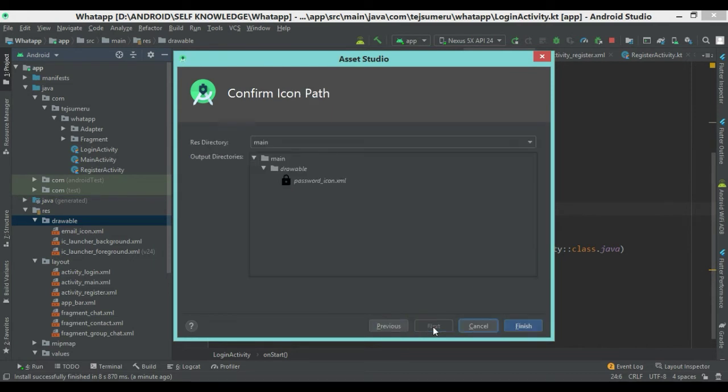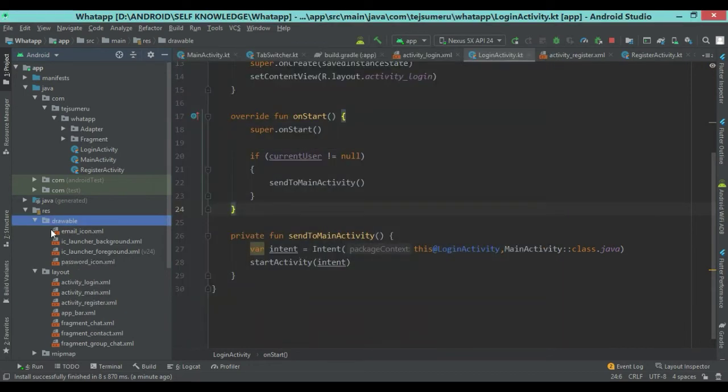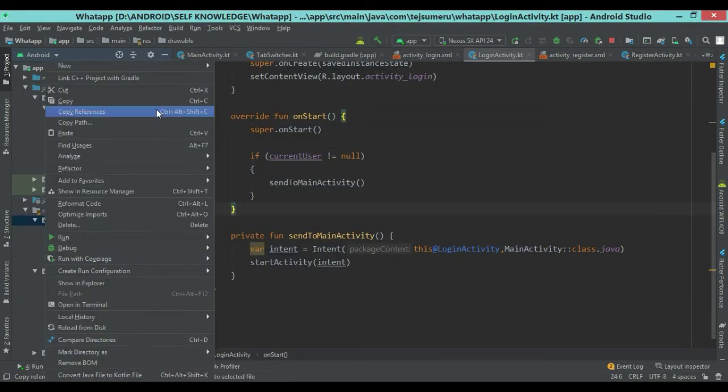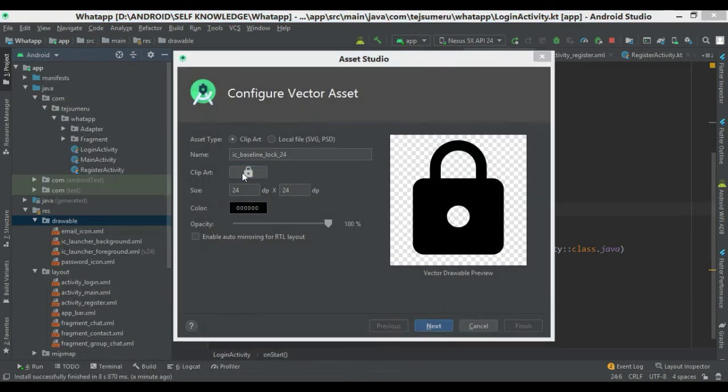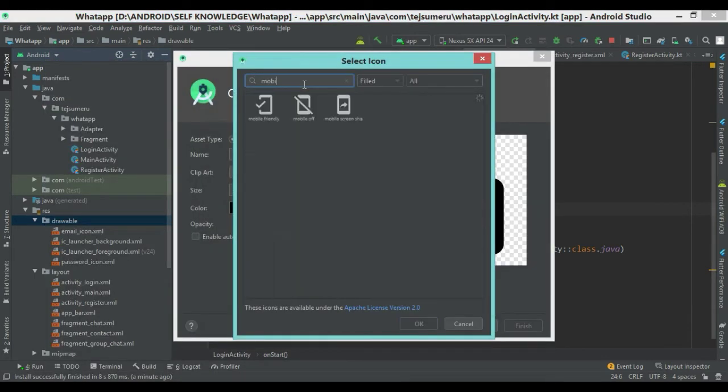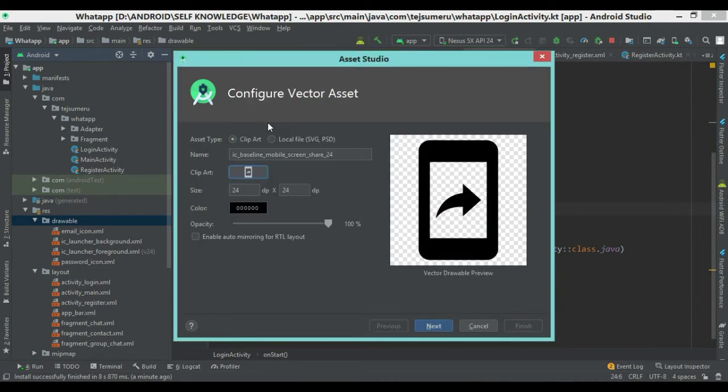And one other icon which is needed is a mobile. So click on new vector asset. Here search for mobile. I am using this. I am changing the size from 24 to 30 by 30, and here I give the name as mobile icon.